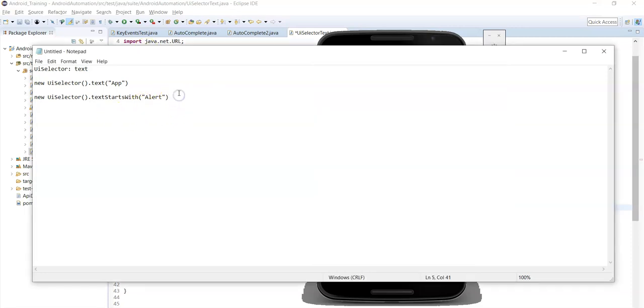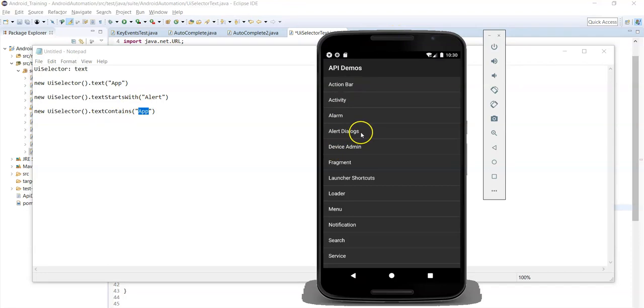Okay, similarly the other method is text contains. Here you need to pass some partial value that can be anywhere in the text attribute value. So let's say for the same control you can give Dialogues.